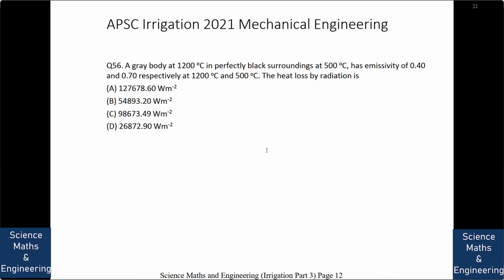A grey body at 1200 degrees centigrade is in perfectly black surroundings at 500 degrees centigrade. It has emissivity of 0.4 and 0.7 respectively at 1200 degrees centigrade and 500 degrees centigrade. The heat loss by radiation is, so you need to determine the heat loss. We can pause and calculate the answer. So the answer is,